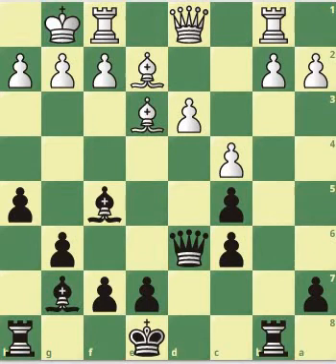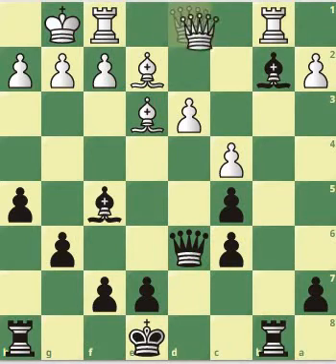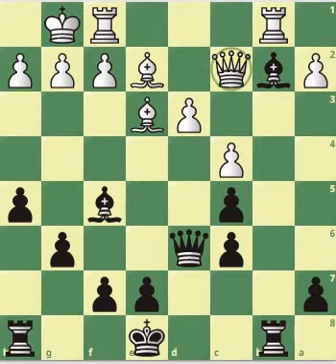So let's look at this line where white plays bishop e3. The idea is to play queen to d2, maybe put the rook on d1 without suffocating the bishop on c1. This is not a poisoned pawn. Bishop to b2 can happen because there's a queen defending on b8. So that means that if white plays queen to c2, putting a double attack on the bishop, you can just go